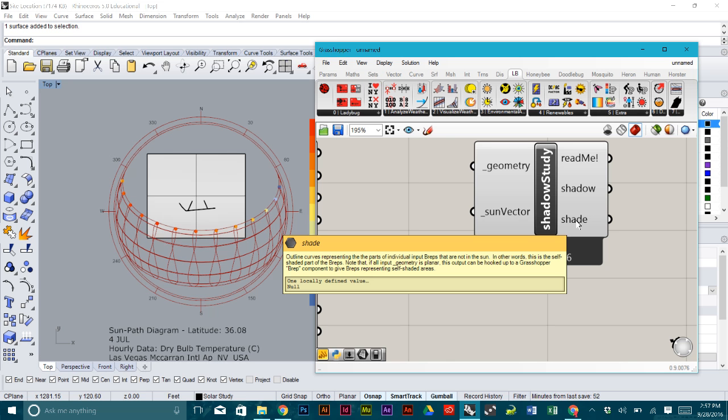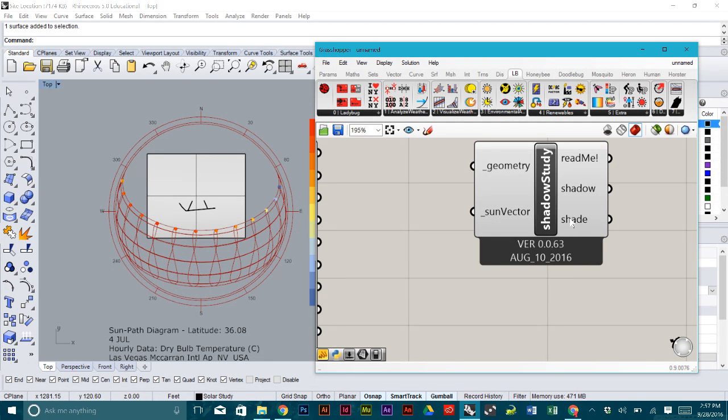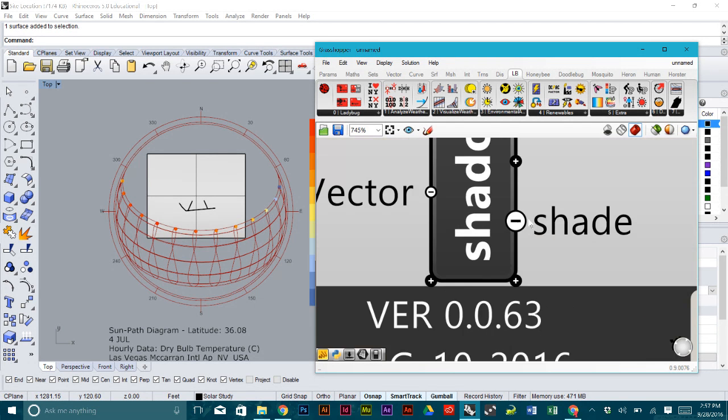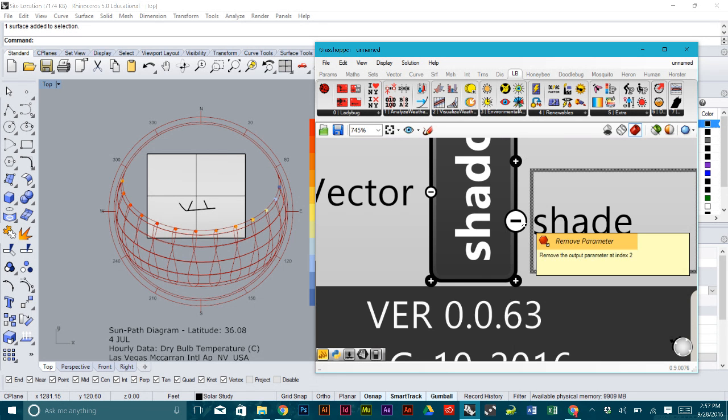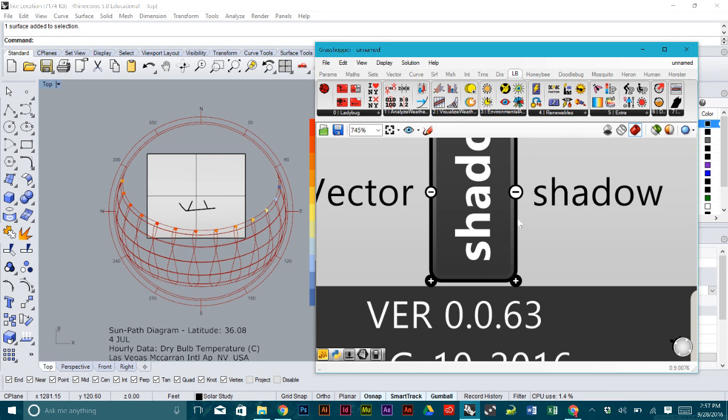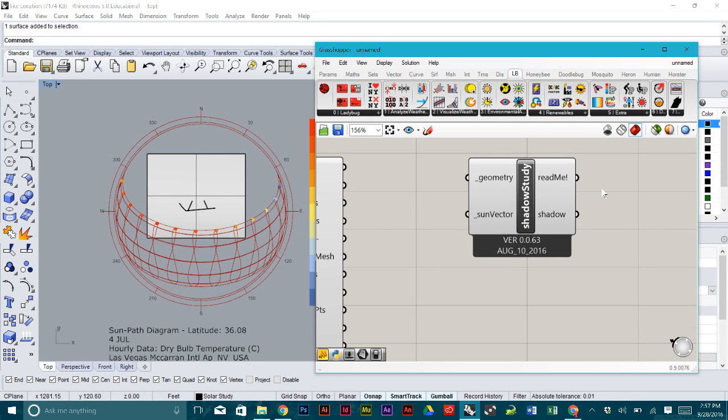What's that? The shade, right? So understanding that there's a shadow projection as well as shadow or shade on those objects, you can even start to analyze the shade of components. For this, it's probably not going to be as significant. So what's nice, you can zoom in, you can see this minus sign, and you can go ahead and remove that. That's just going to help make everything process a little bit quicker, because for the shadow study, it gets